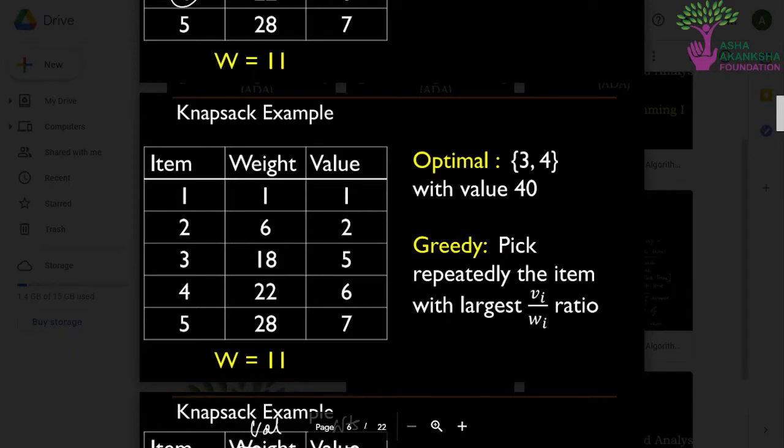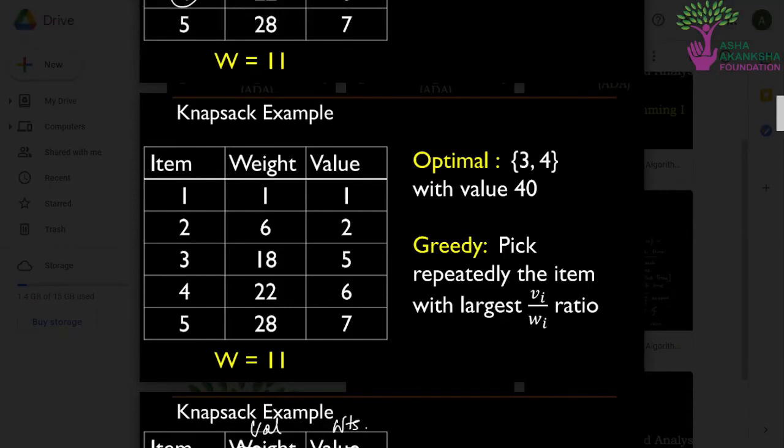So in the end, the values of the items should be more. We have to increase the value of items, and we have to decrease the weight. So consider this ratio Vi upon Wi for each and every ith item.